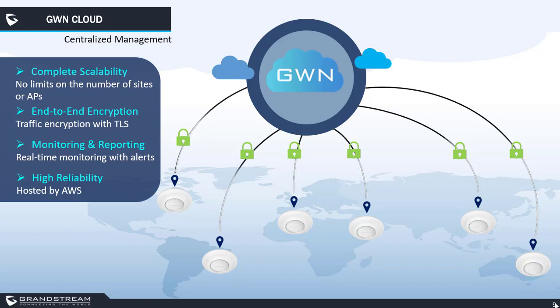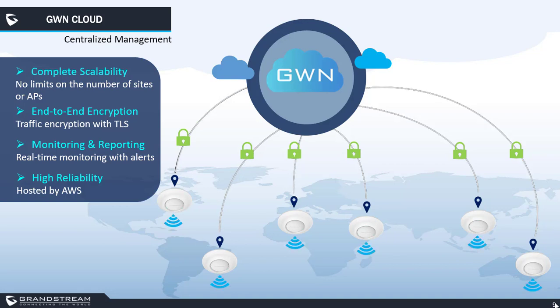Everything basically that you do from the web interface of the access point can be done and managed from the user interface of GWN Cloud, in addition to other features that are not available using the web interface of the access point. It is a very secure solution because all traffic between the access points and the platform is encrypted using TLS. Also, thanks to streamlined monitoring and maintenance, managing your network across multiple locations has been made easier with